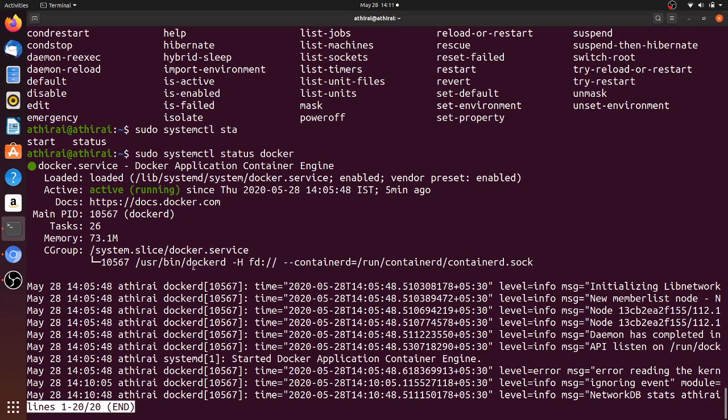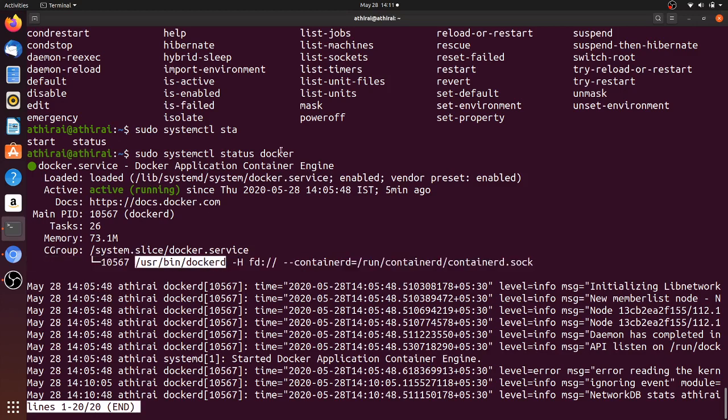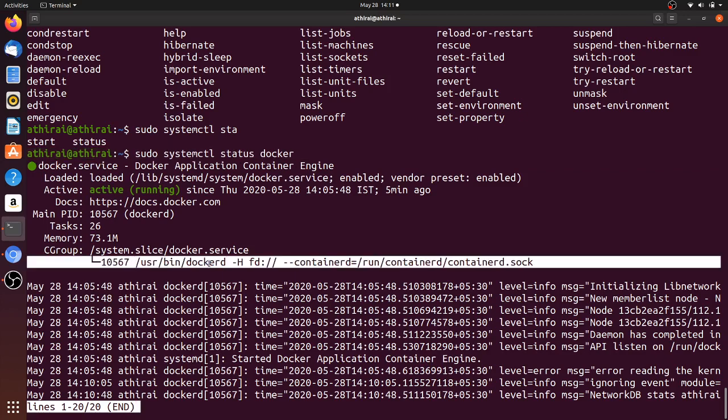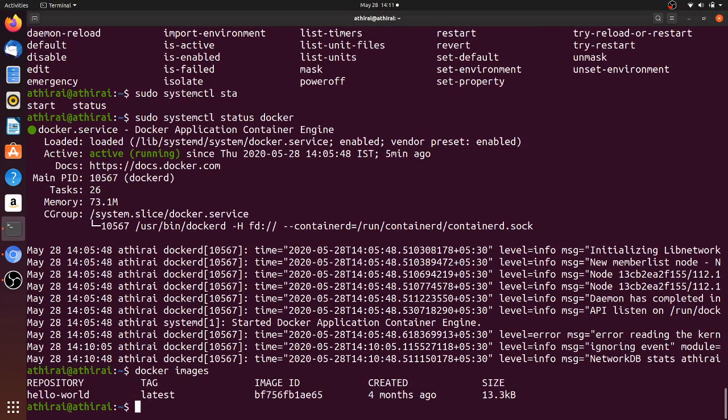This docker daemon is a service which is started when we install Docker. The docker client communicates with this docker daemon and asks it to check if this image is present.